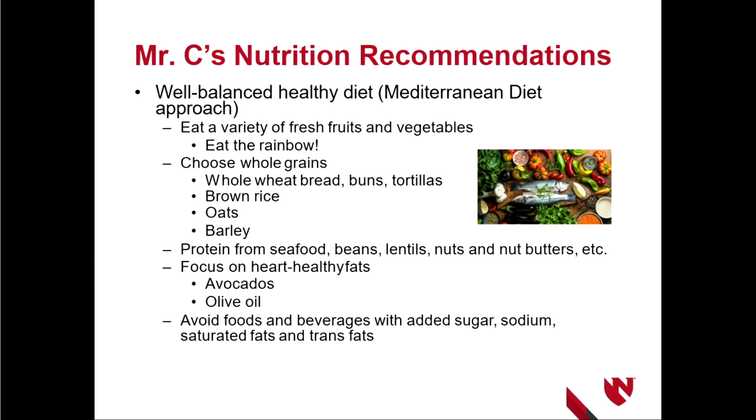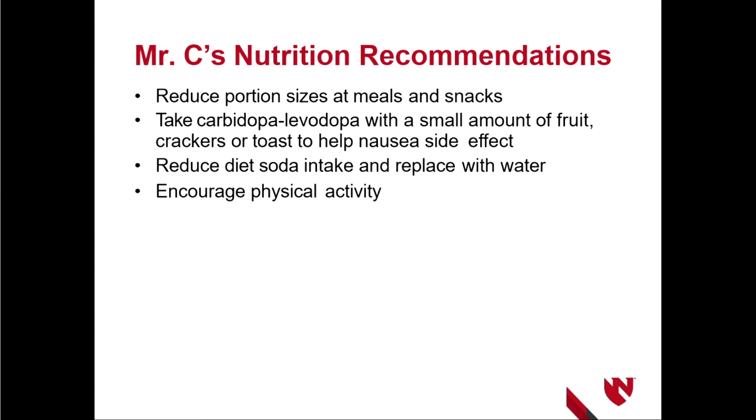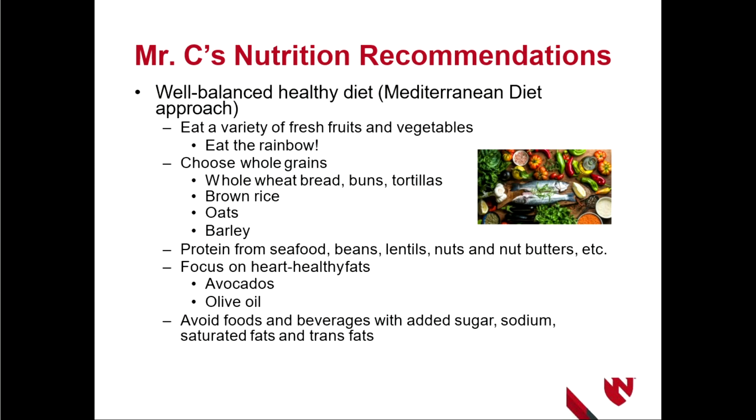As we talked about recommendations, actually I'm going to come back to this. One of the things we talked about was just portion sizes. For example, in the morning, instead of having a whole avocado with crackers, let's have half of an avocado. That's probably a more appropriate serving. And especially since he was eating more often throughout the day, he could cut back on the portions at his meals because he was having those snacks too that were also providing some calories for him. When we focused on the foods he was eating,